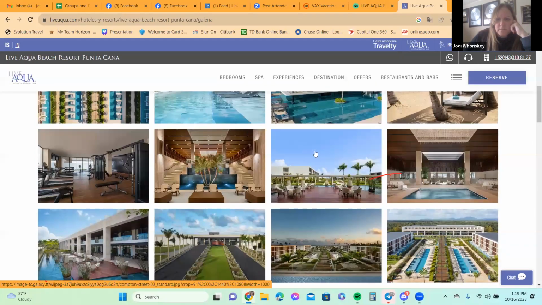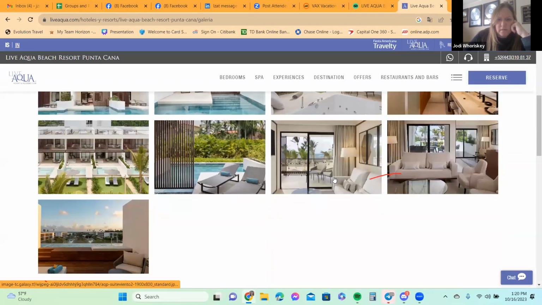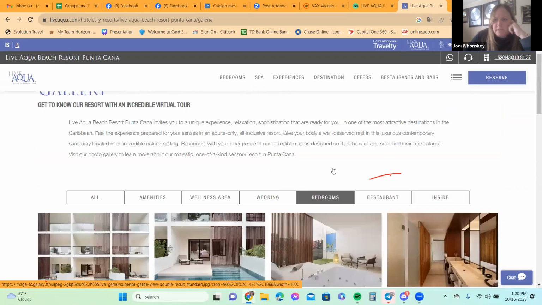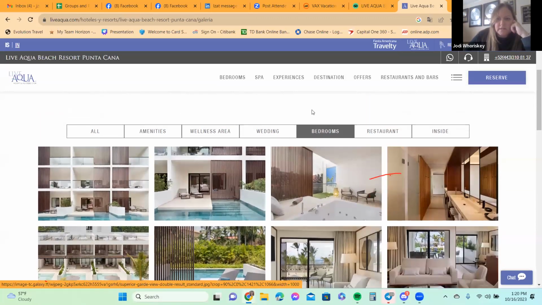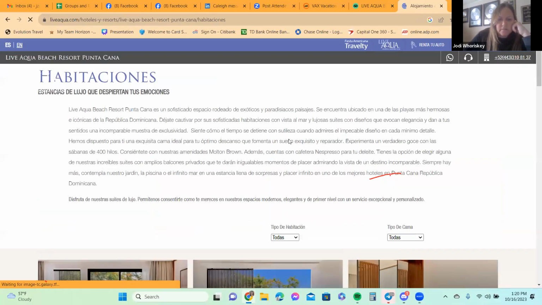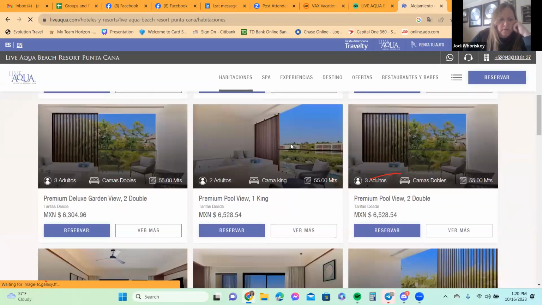I do like to get the beach on there. Doesn't show. All right, let's do bedrooms. So their bedrooms are nice, but do they have one that I can actually take a photo of? All right, so I'm going to go into bedrooms here. I'm going to go into premium pool view